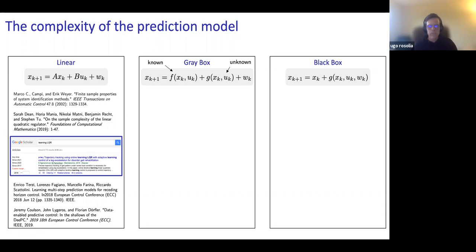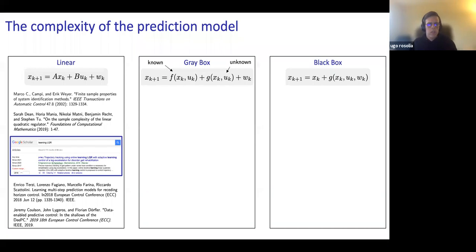Here, I wanted to mention 2 other papers, which use tangential strategies. In this paper that came out a few years ago, people looked into multi-step prediction errors. And this paper that came out 2 years ago now shows that actually you don't need to learn a model. You can use only historical data. And so we're going to see